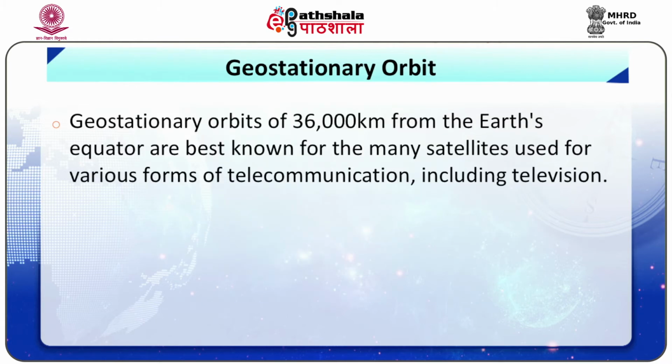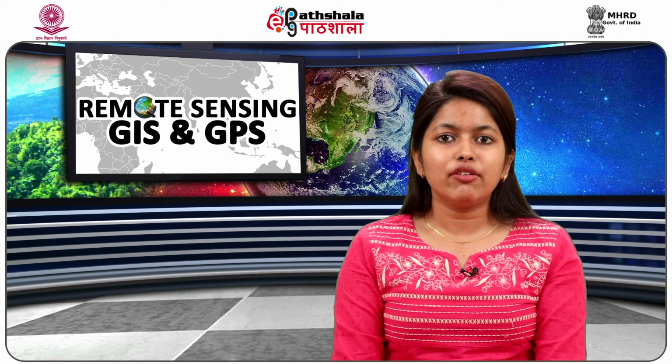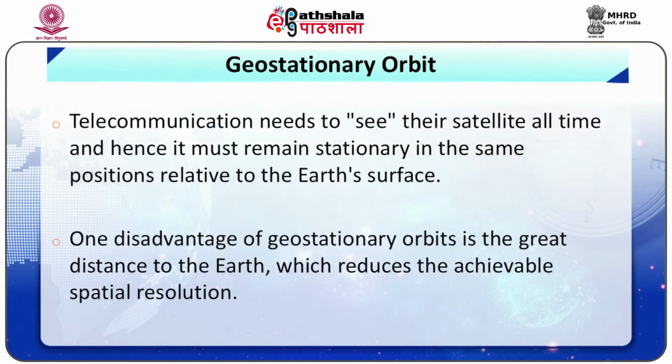Now we will discuss something about the geostationary orbit. Geostationary orbit, at 36,000 km from the Earth's equator, is best known for the many satellites used for various forms of telecommunication, including television. Signals from these satellites can be sent all the way around the world. Telecommunication needs to see the satellite all the time, and hence it must remain stationary in the same position relative